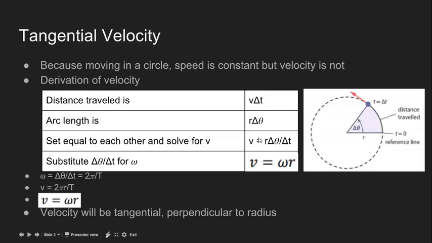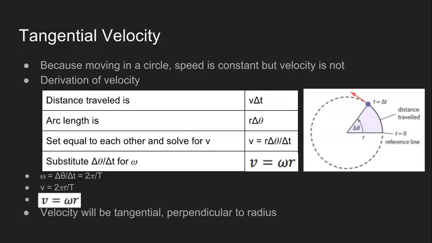Whenever we set them equal to each other, our velocity is equal to r delta theta over delta t. Whenever we simplify that, we know that your change in angle over your change in time is equal to your angular velocity. So we can then set our tangential velocity equal to the angular velocity times the radius,